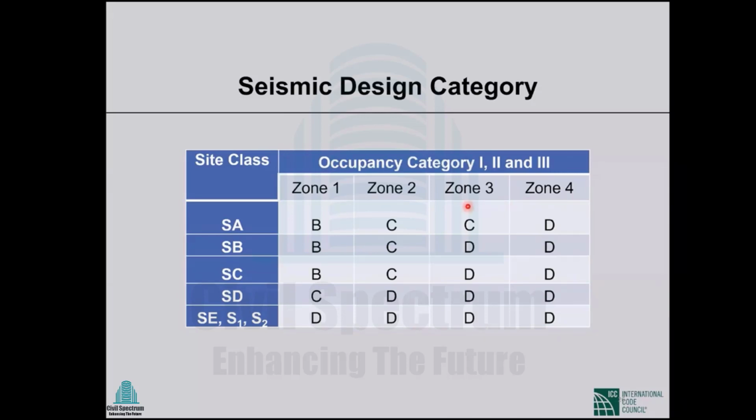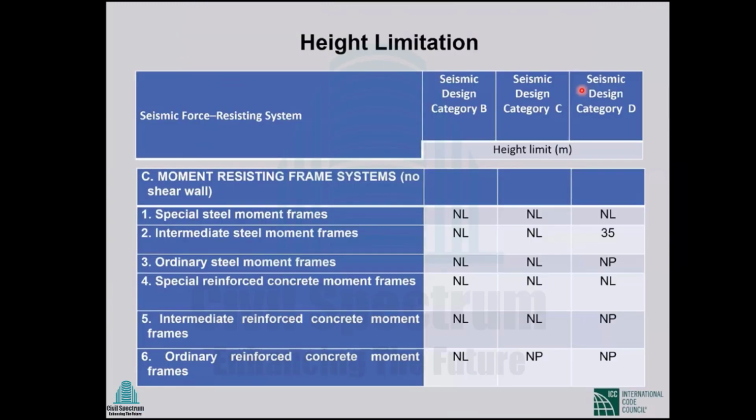In Chittagong also, if the structure is not on rock, it must be SMF. In Dhaka, you can design a structure as IMF if the soil condition is good. Otherwise, it has to be SMF, special moment frames. So that's a simple way of saying this, but you have to read the code to understand properly how to make a structure SDC B, C, D.